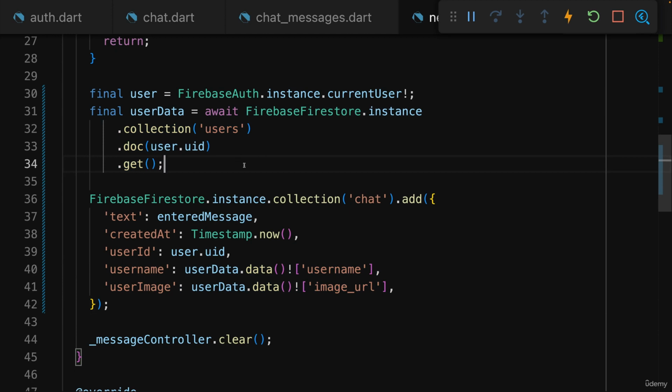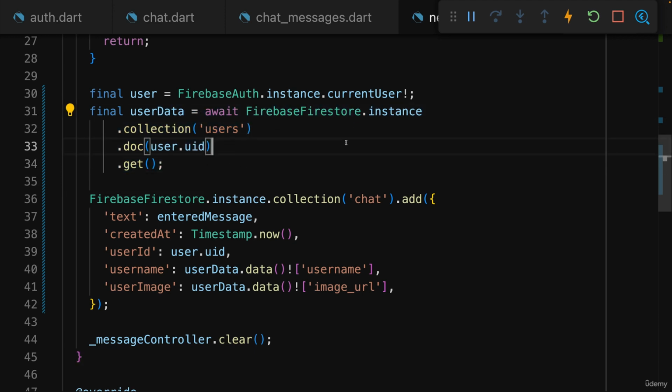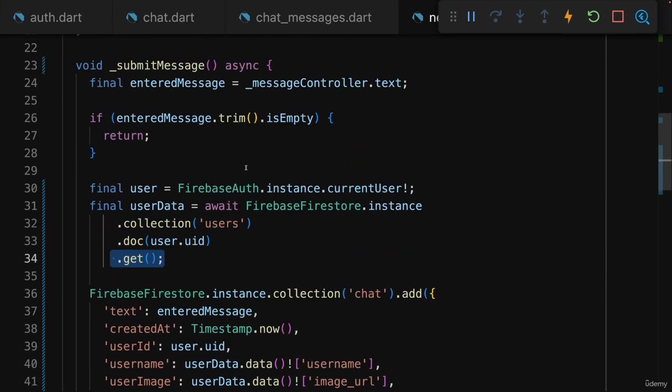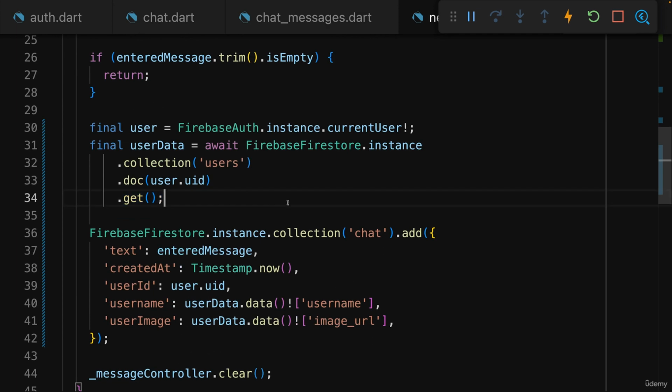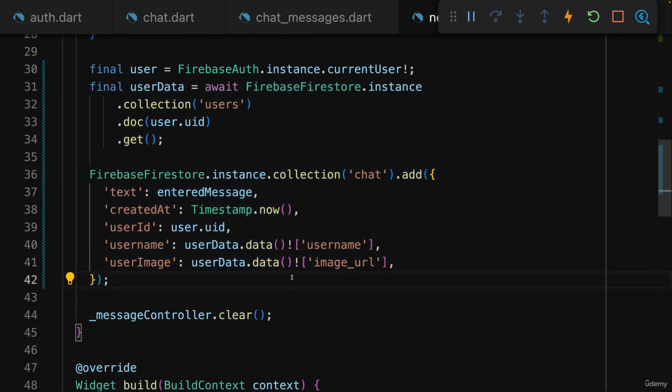Now we could also be storing that extra user data locally on the device, maybe just in memory, for example with Riverpod, but here I'm deliberately using this remote solution using Firestore, even though it leads to this extra HTTP request being sent whenever we submit a new message. I'm using this so that you also see how data can be retrieved from Firestore, because that's of course also something you should know. With that, we're getting the data, we're then using it to send it back to Firestore combined with the entered